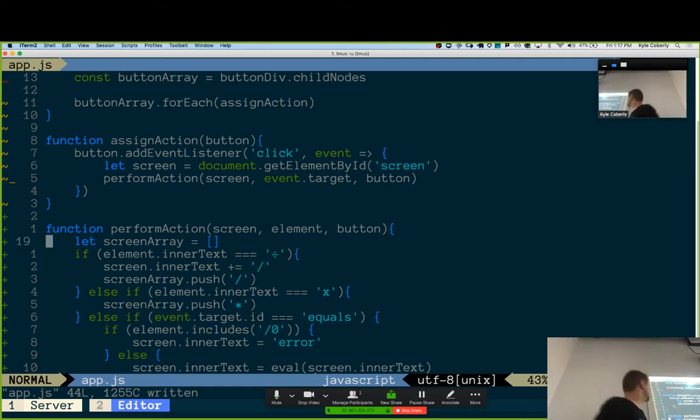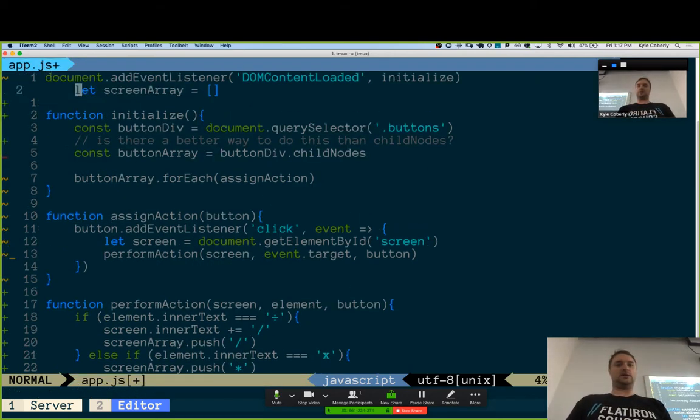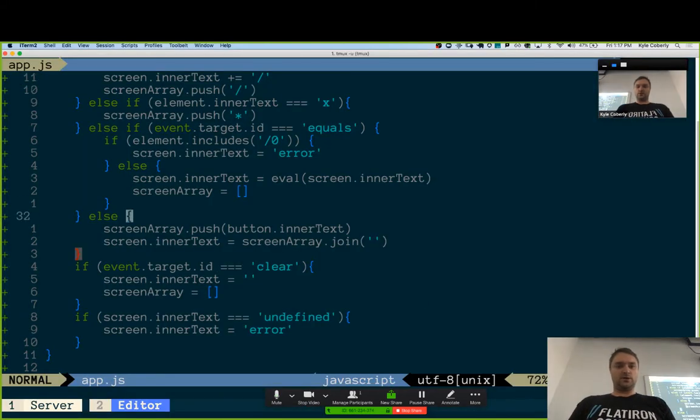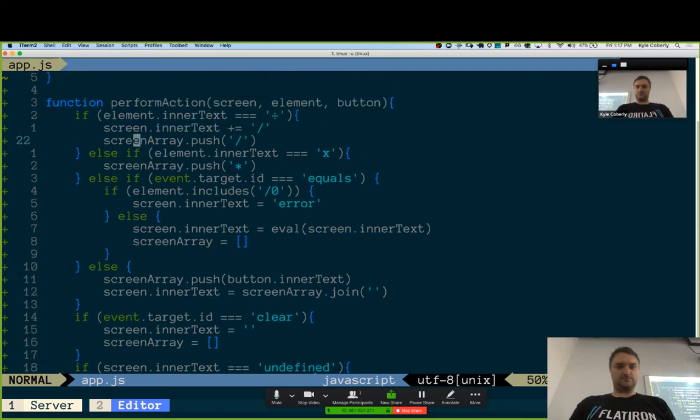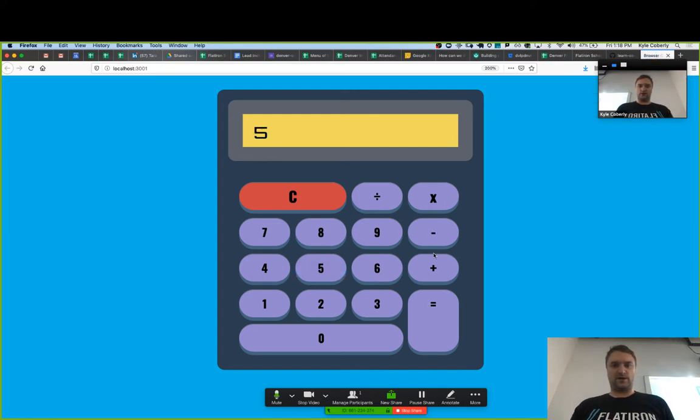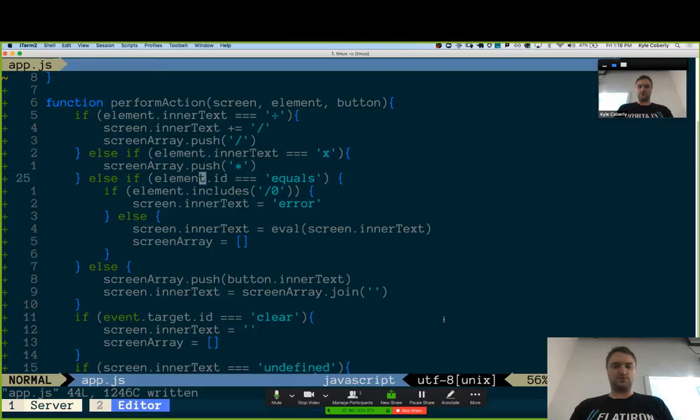I see why. It's because screen array isn't persisting. So one way I could solve this is just make it visible to all those function scopes. Okay, now that's not working. It's because I didn't get rid of the event.target. So if I do five plus nine equals